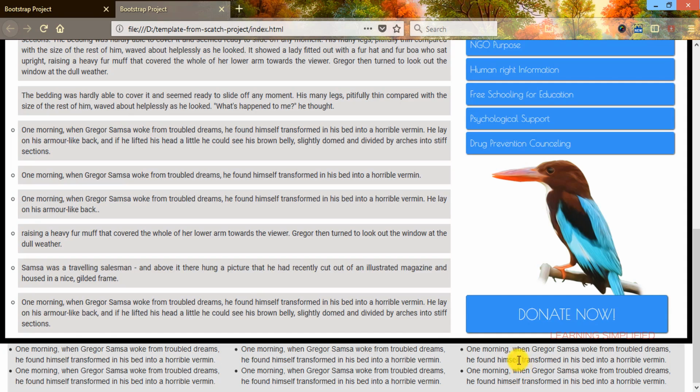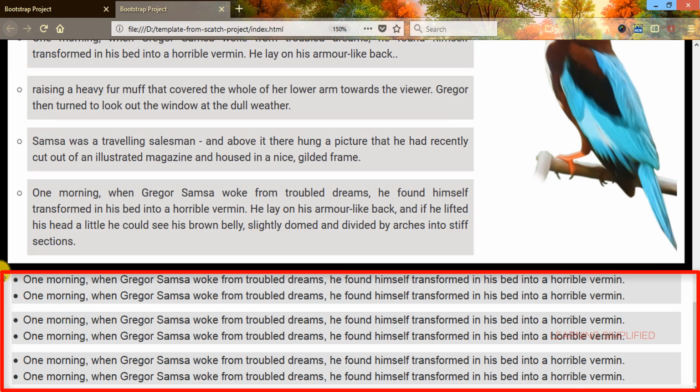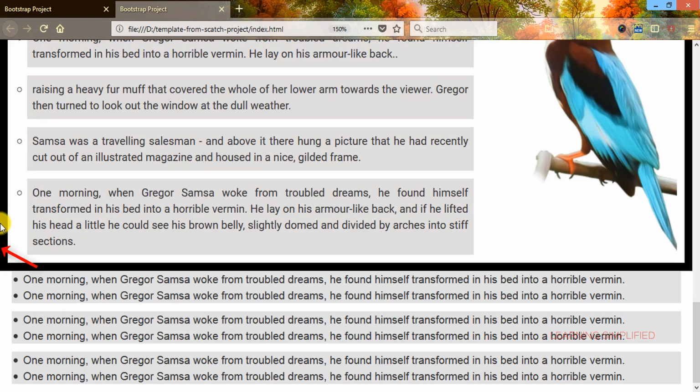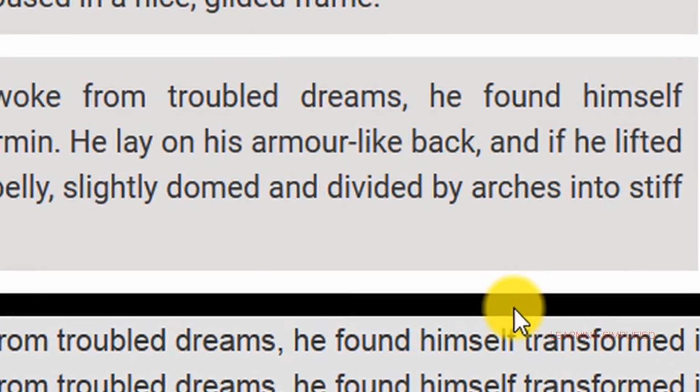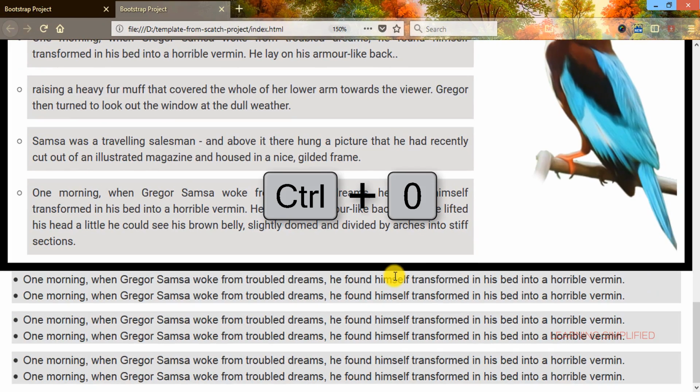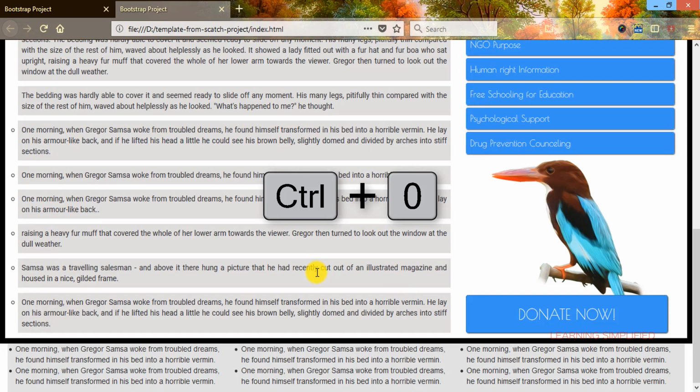Now we can see that there are some problems. First of all, there's a gap between the above content wrapper and this bottom part. So we need to rectify all those things. If we have a closer look, we can see what the exact discrepancies are. We can see that the container fluid is practically covering this whole part. It is not in the exact same way as we have seen in our template. So we need to create this gap first, and then we need to diminish this gap such that there's no margin or padding from the top or from the bottom. So this is a thing that we need to rectify immediately. Press Ctrl 0 to fit this website into your browser.